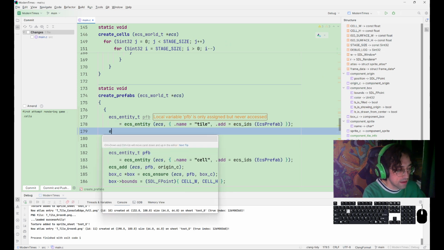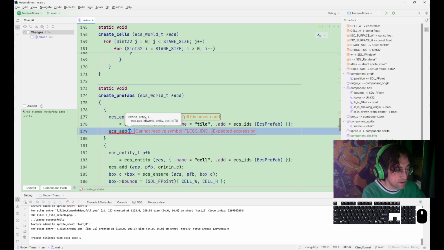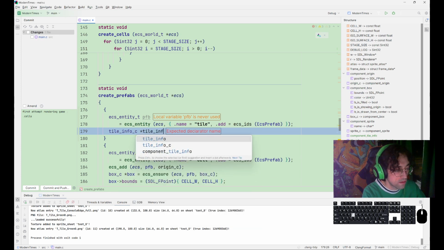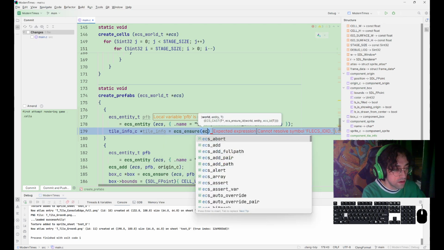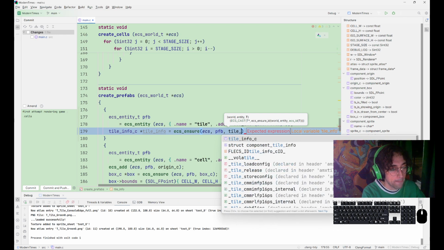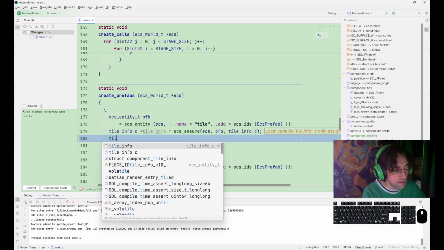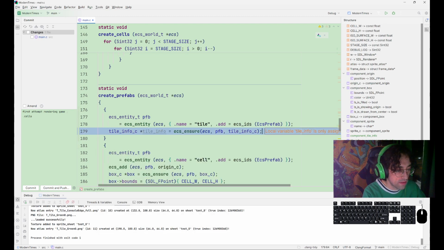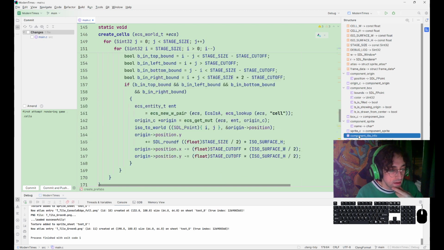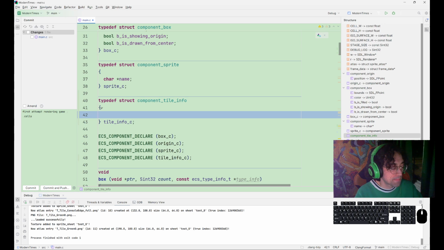And the tile is only gonna have a tile data, tile info, sorry. So we can use ensure on that prefab, and then we'll be able to update the content. Now it's empty right now. We probably want